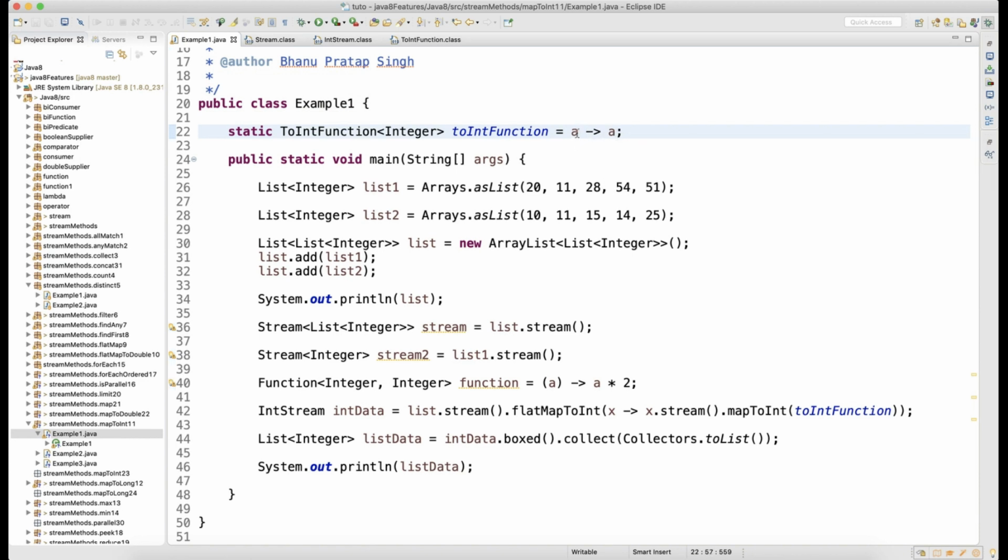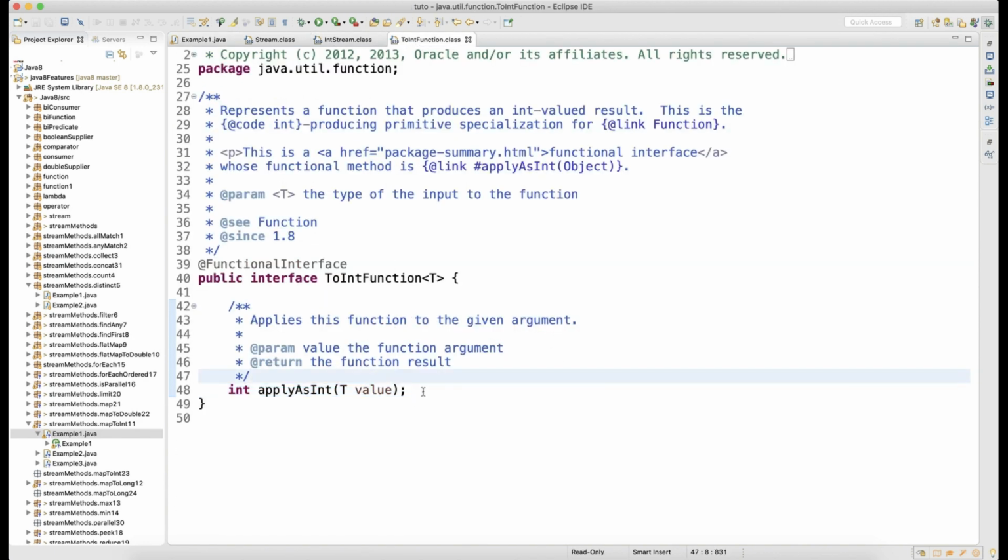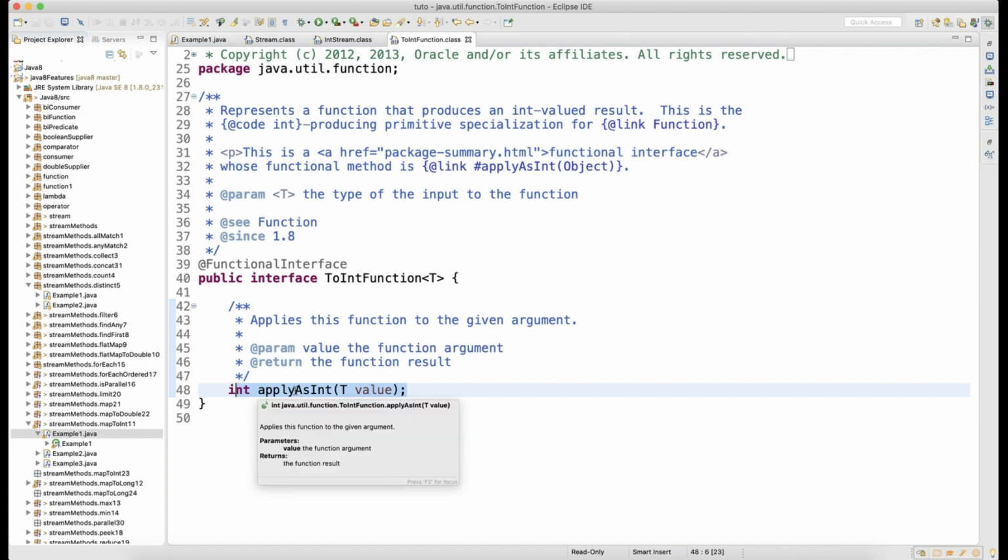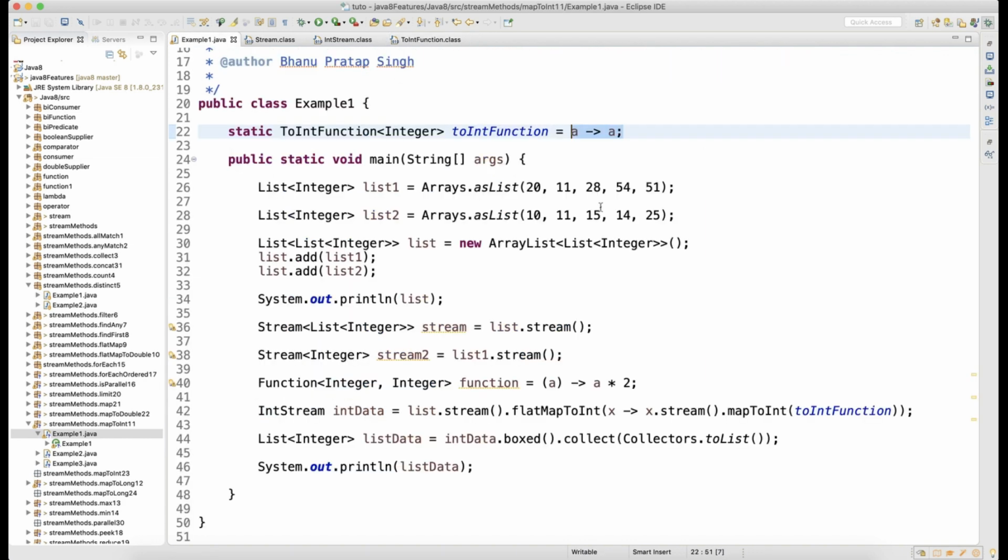And here I don't need to write parentheses because it has only one argument, and this is the implementation of your applyAsInt method. This is the applyAsInt, the unimplemented method, and the implementation is whatever you have written here. I just wrote it outside because I wanted to explain the same thing.